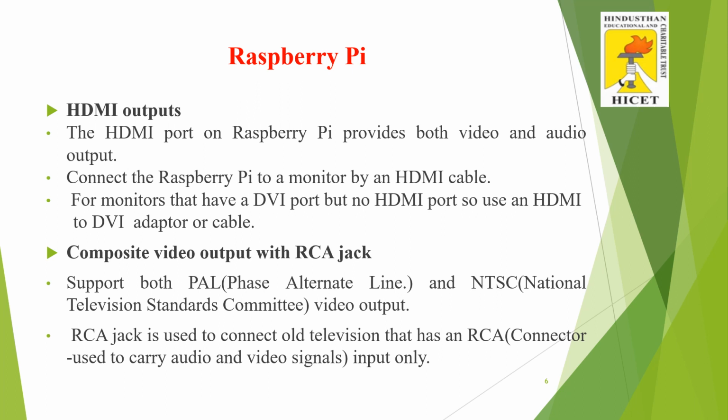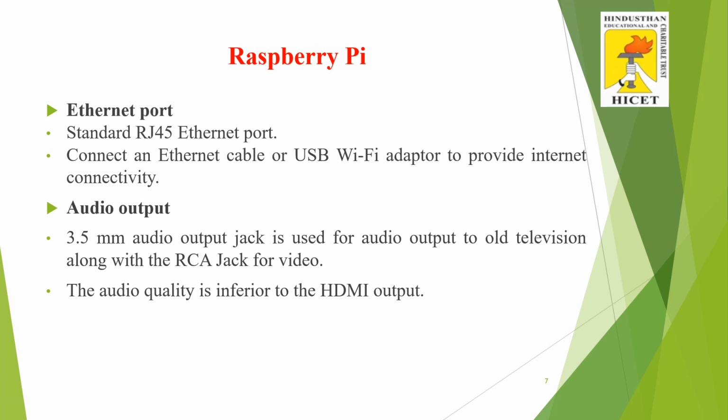The next one is a composite video output with RCA jack. It supports both PAL and NTSC video outputs. The RCA jack is used to connect old televisions that have an RCA input only. These connectors are used to carry audio and video signals. The next one,